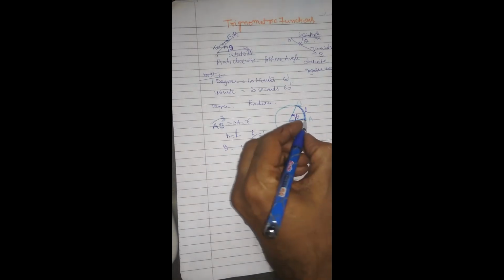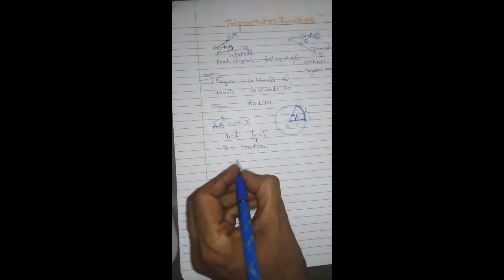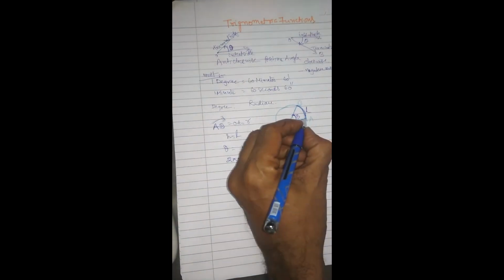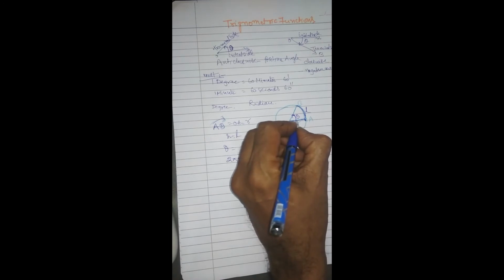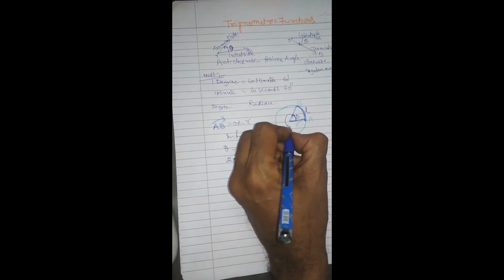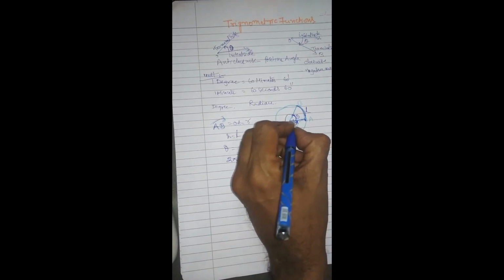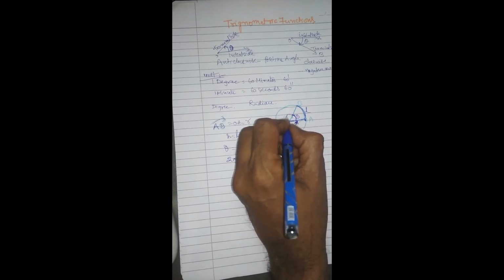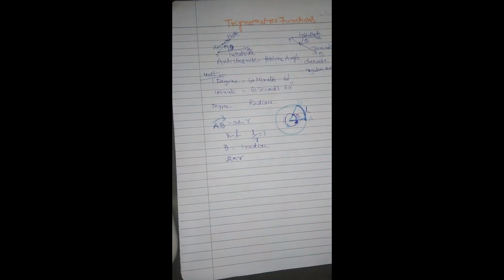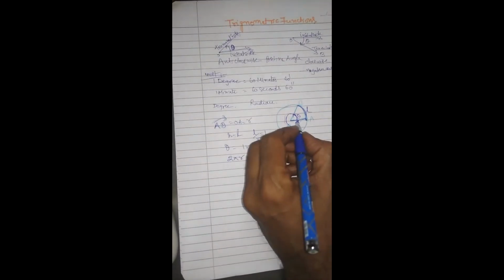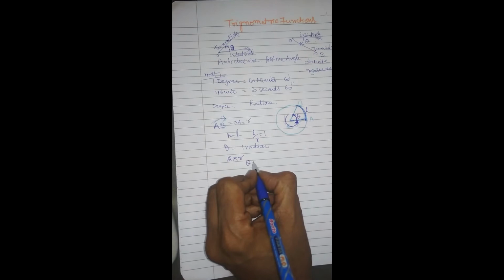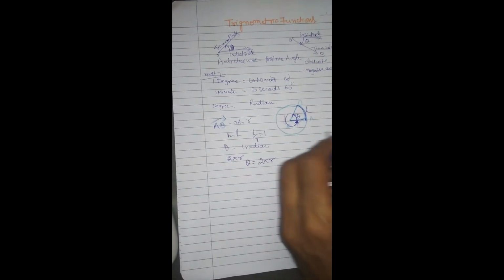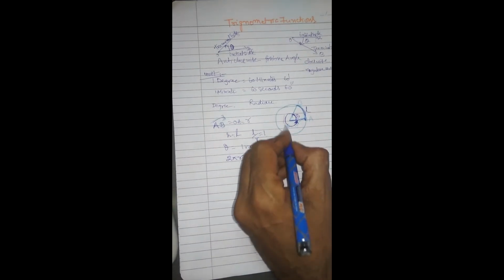You know the circumference of a circle is 2 pi r, right? So this entire thing is 2 pi r. So this entire angle in terms of radians is going to be these many radians. So this theta is equal to 2 pi r in such a case, for a circle, if you take the entire thing.